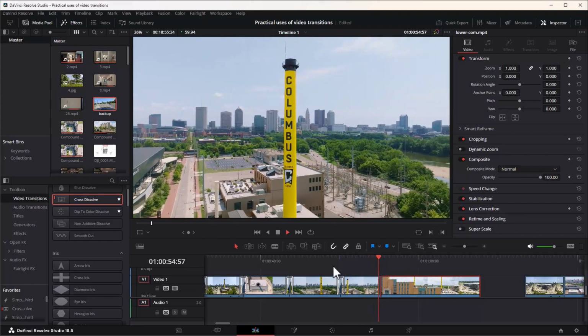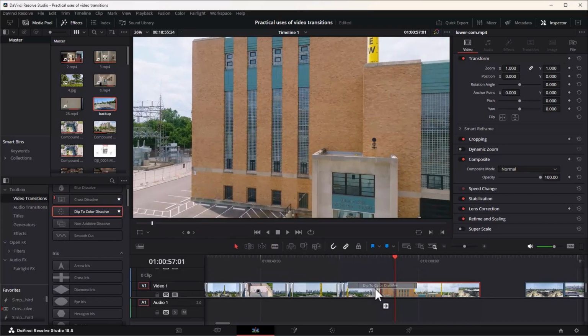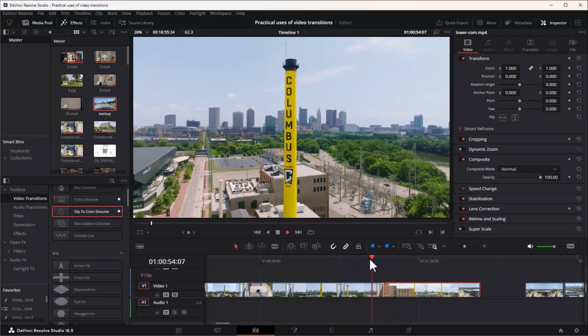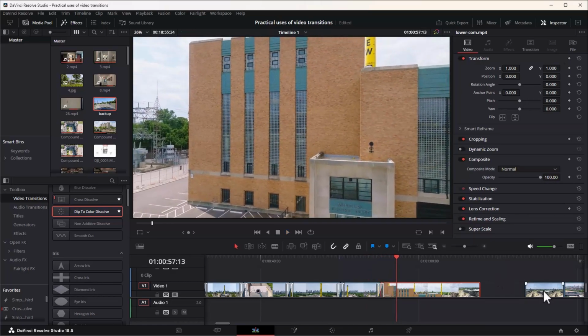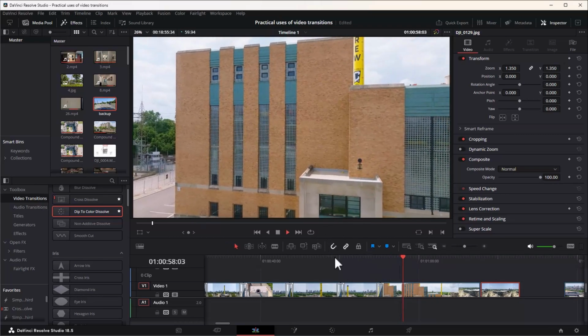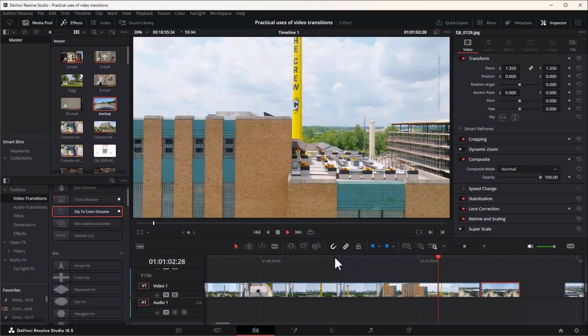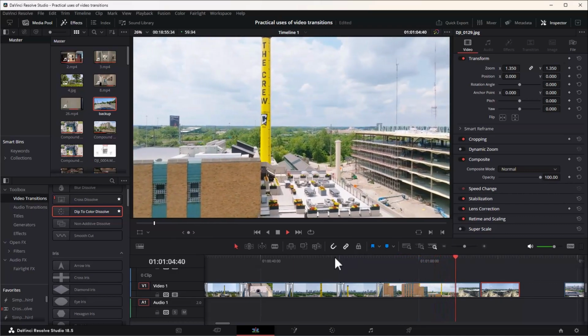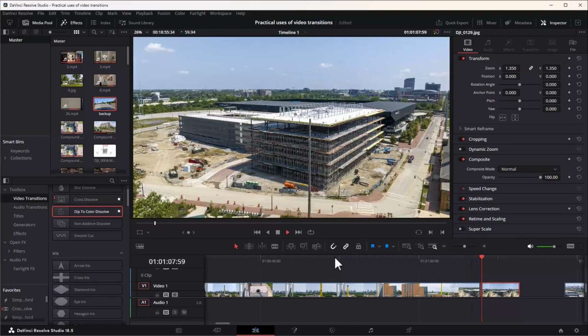Next clip is really completely different. So I'm going to do a dip to color so that I know it's a transition that's going to a different kind of location. And really it's spinning around this municipal building that's been converted into office space, which is really cool. It's an old building. And you can see the rooftops, pretty cool. And also a lot of new construction over there too. And it goes into a picture that is in the front of the stadium that they're doing a lot of